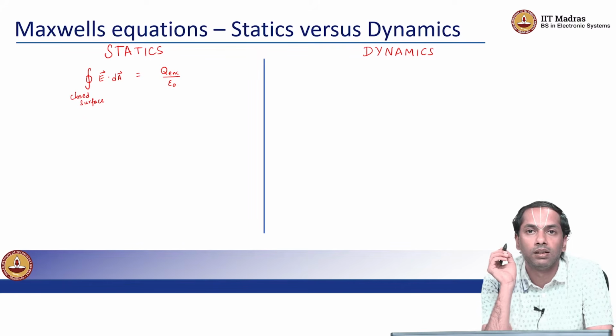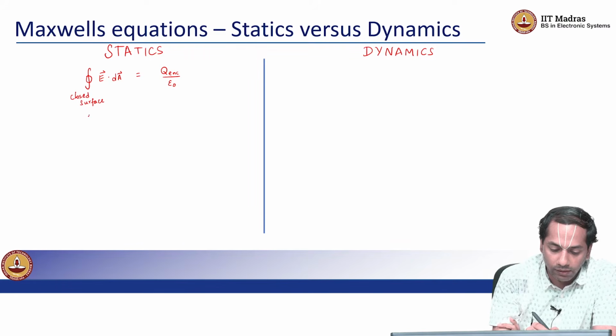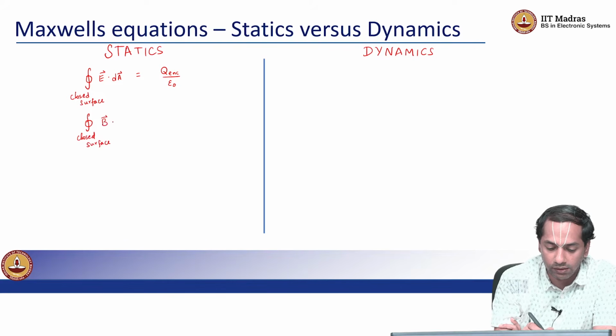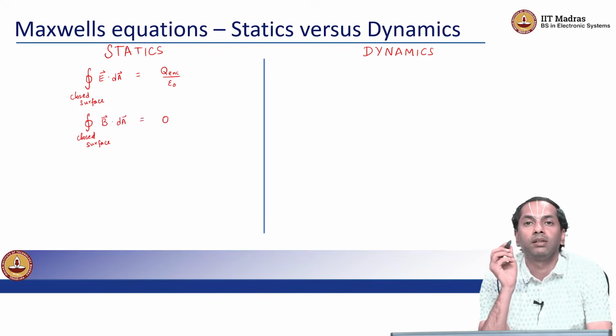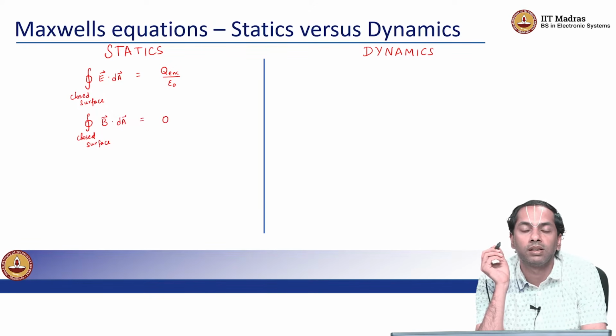And we have the accompanying Gauss's law for magnetic fields, right. The other way that it is stated is also that there exist no monopoles,